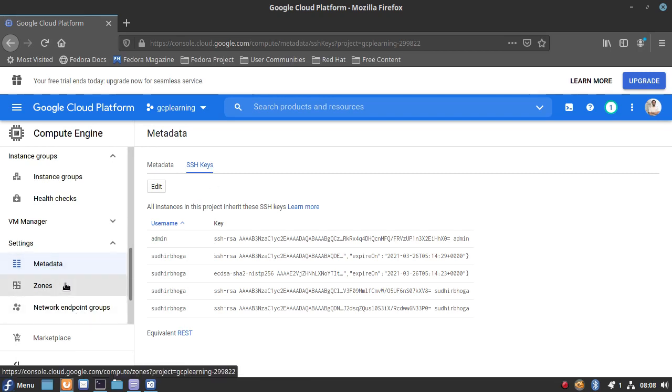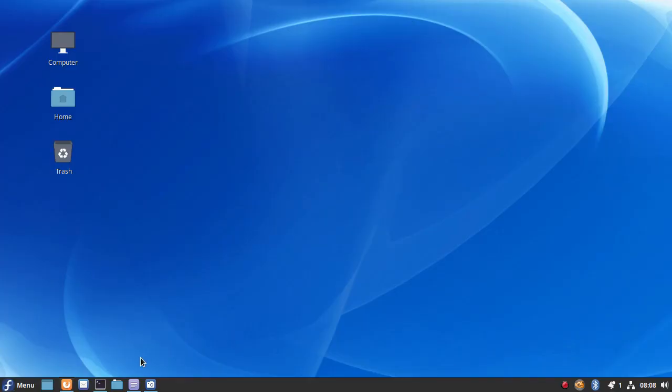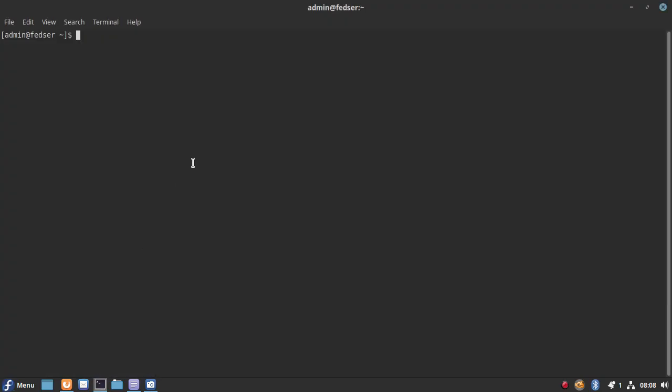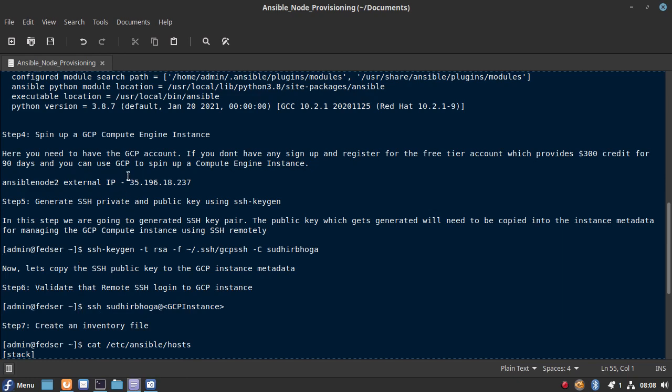So you need to go into the metadata SSH keys and copy paste the .pub related content and create this entry. Once this entry is saved into the GCP Compute Engine metadata section, you can try to SSH using your user ID. So in my case, my user ID is Sudhir Boga, then at the rate, the external IP address that we have saved here.